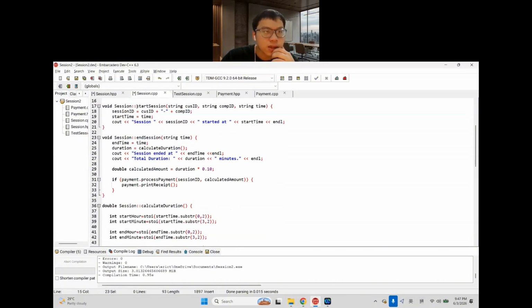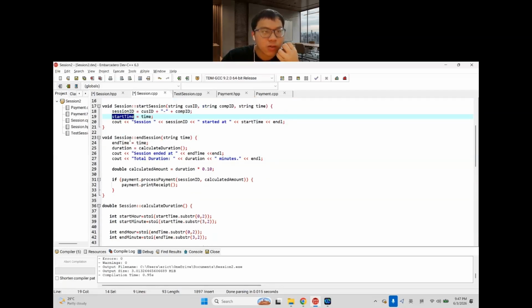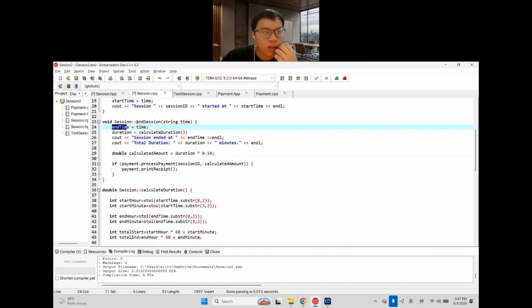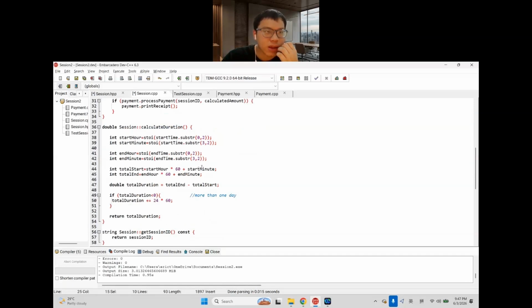Then now it's the start session function. In the start session function, the most important thing is to get the start time. The customer ID and computer ID are only used to create a unique session ID to differentiate it. Then after getting the start time, we need to get the end time, and when we use end session, we get the end time. And in this, we need to calculate the duration, and to calculate the duration, we have